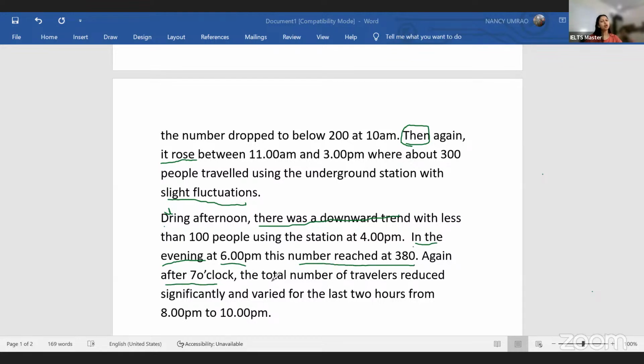Again, after 7 o'clock, the number of travelers reduced significantly and varied for the last 2 hours from 8 p.m. to 10 p.m. Okay, so this is how we actually describe